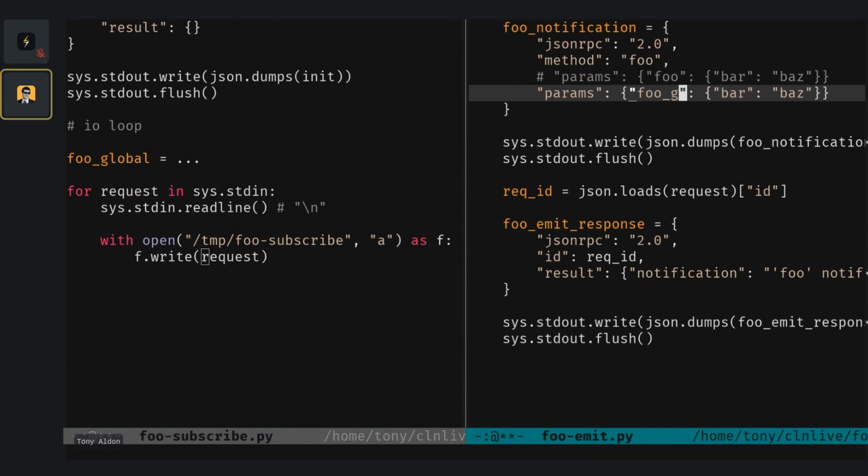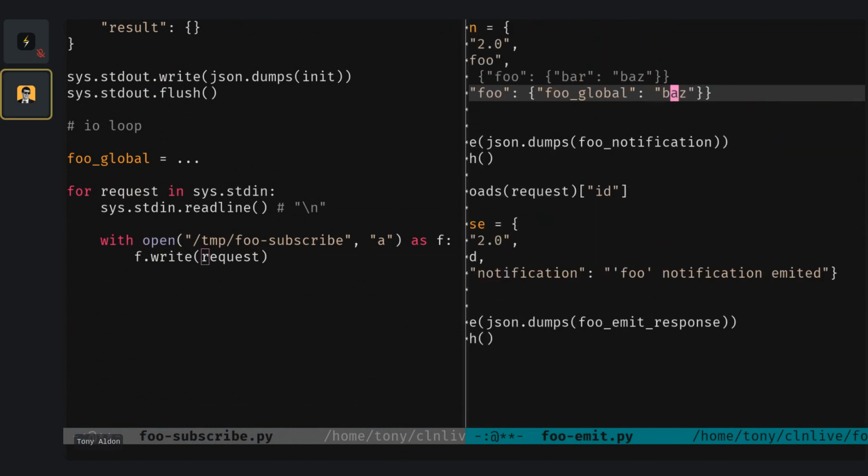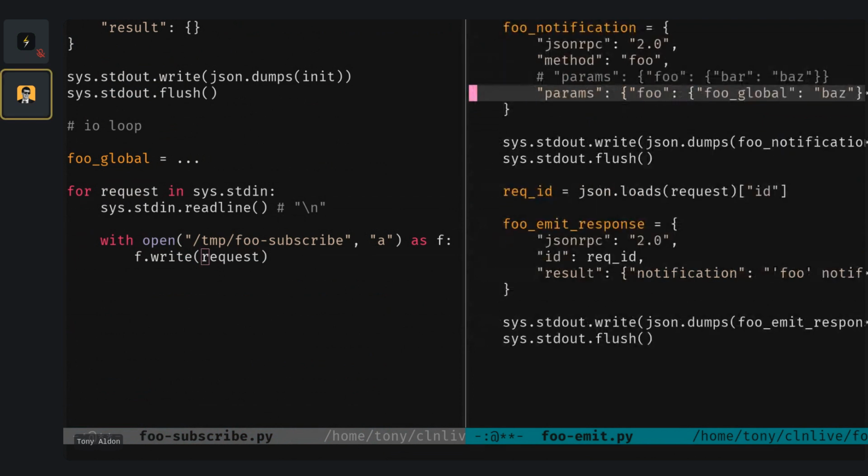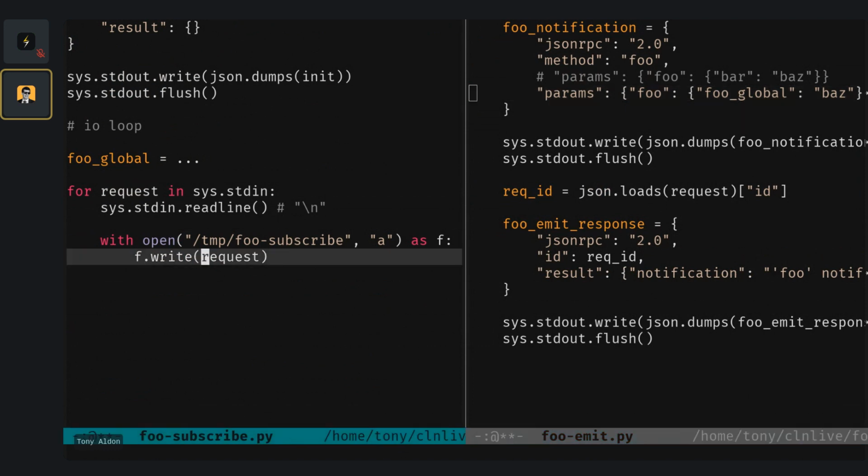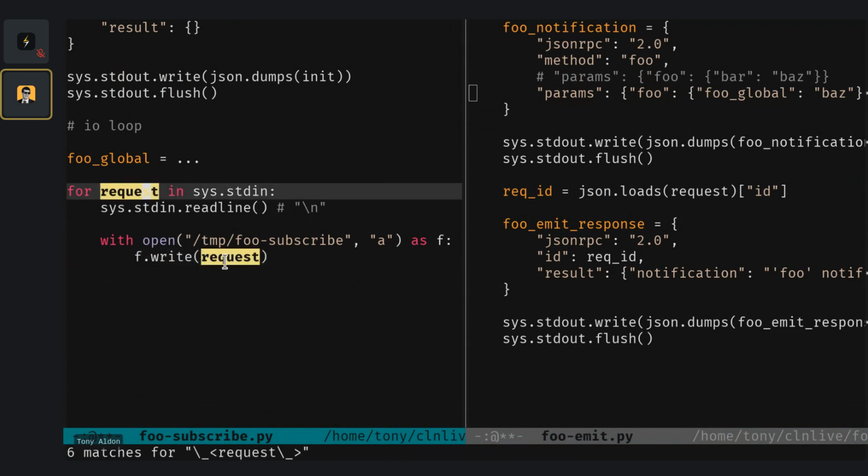We still call it Foo, and instead of Foo bar, we make this something like Foo global, and Foo global is still base. So now in that request, we will receive the Foo global base, and